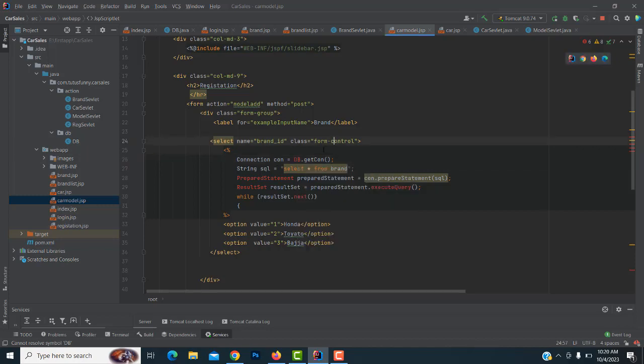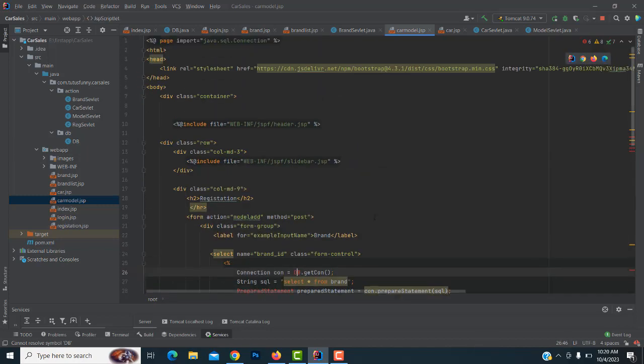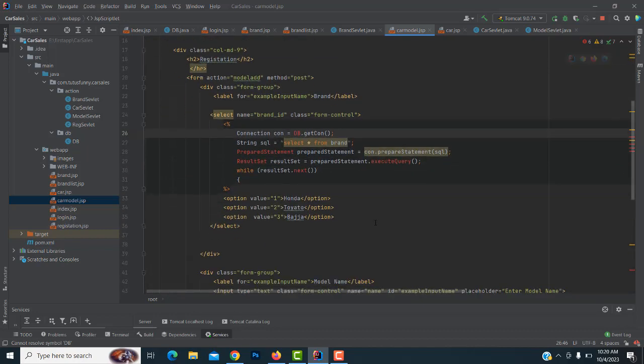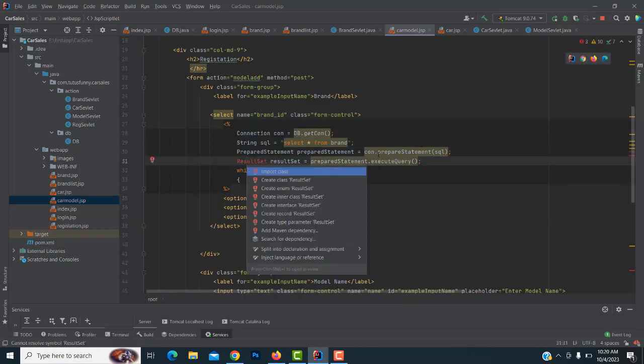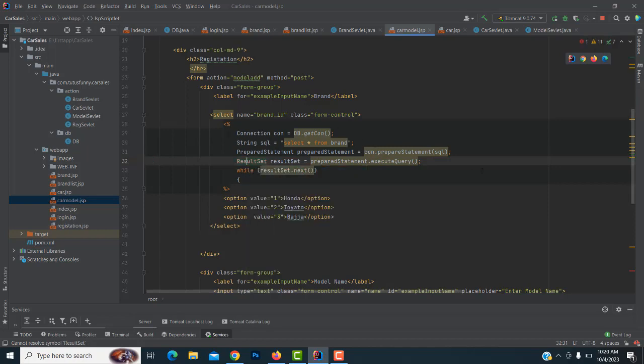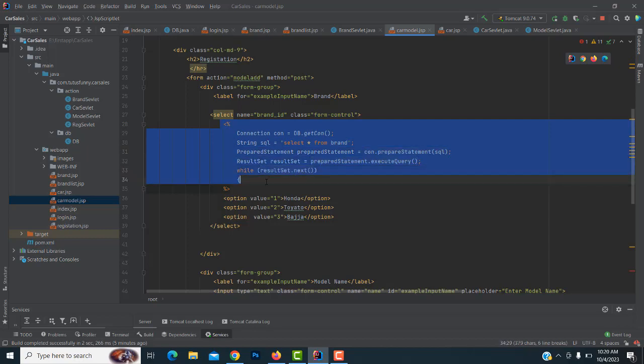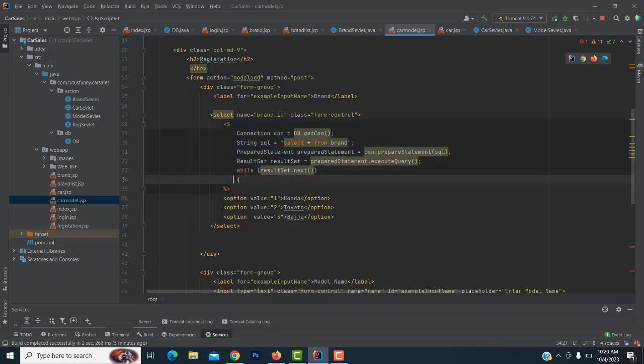It asks where's the DB? Right, DB. This one prepares, Alt Enter. This one also, Alt Enter, and it automatically takes care of all the classes. That's it. Now here you will be able to see it's a while loop. It's open, and I want to close it